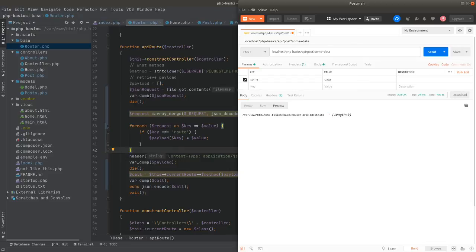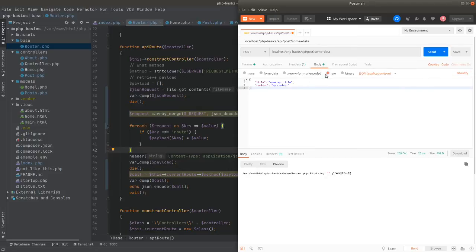And 33. That's my JSON request. It's simply empty. It's simply empty. What am I doing wrong? Content type is application JSON. The body is